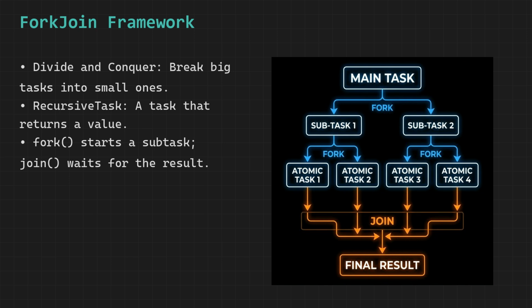Once the tasks become small enough, such as each person having just one shirt to wash, the actual work begins, where each subtask is executed independently and in parallel, which significantly speeds up the overall process because many small tasks are being completed at the same time instead of waiting for one large task to finish. After all the individual pieces of work are completed, the final step is to combine the results back together, which is known as the join step, where the outcomes of all the smaller subtasks are merged to form the final result, just like all your friends bringing back freshly washed clothes and combining them into one clean and complete pile.